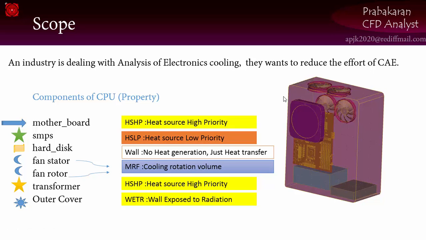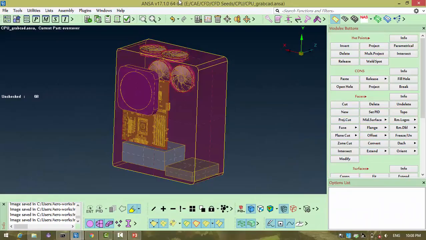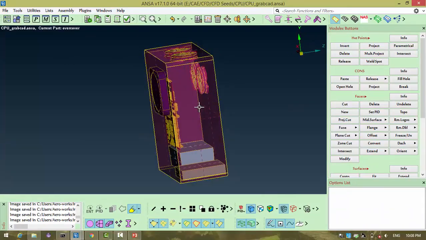But in practice you need to understand that you will have n number of parts within the transformer itself, and within the outer cover you may have a right and left side, and on the right there may be some vent holes like that. If you see, we have our CPU model,